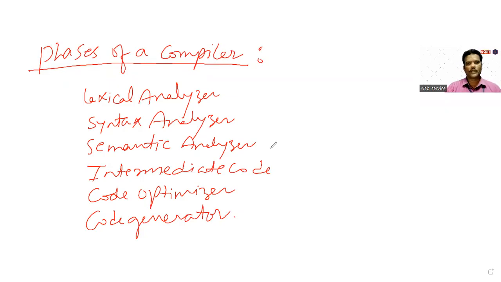So here in phases of a compiler, there are 6 phases: lexical analyzer, syntax analyzer, semantic analyzer, intermediate code, code optimizer, code generator. The first 3 phases are called